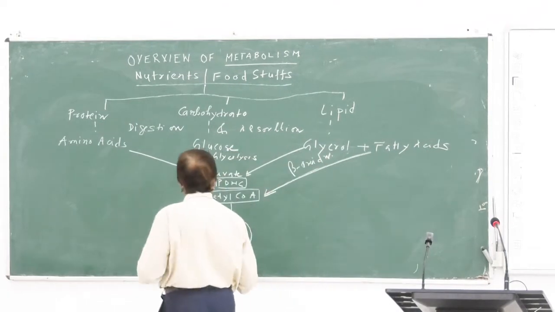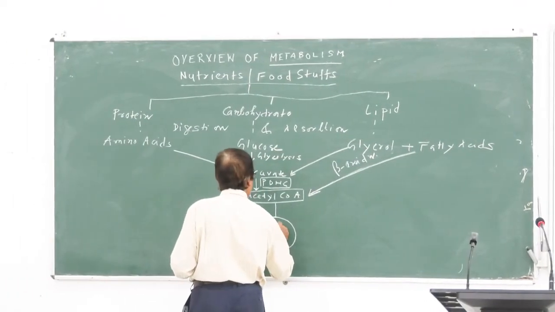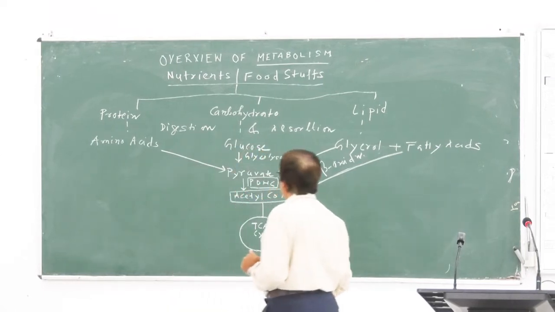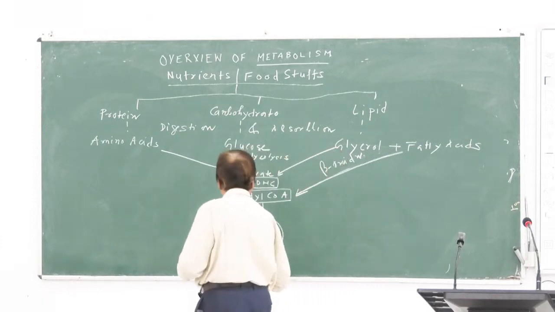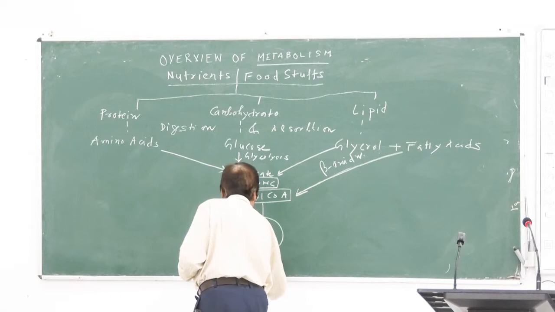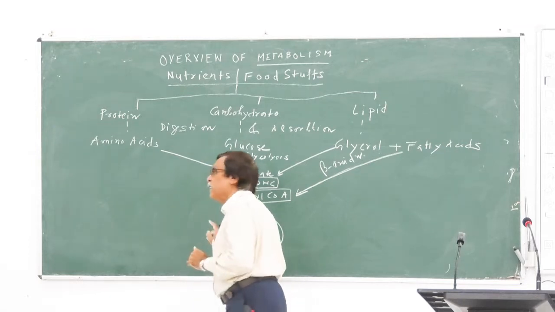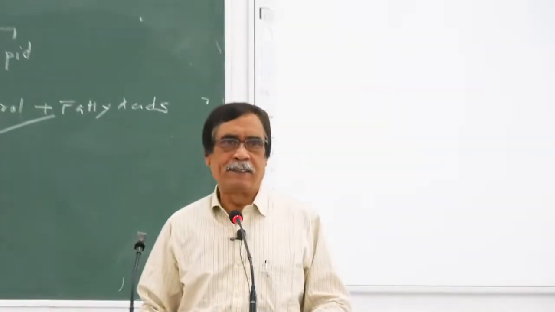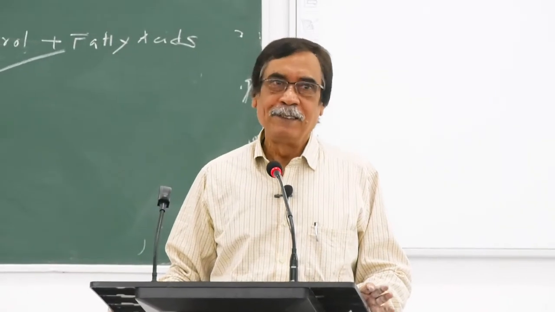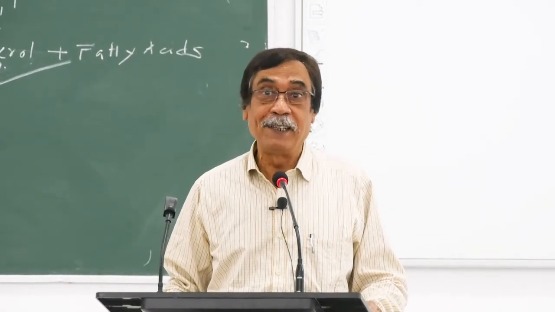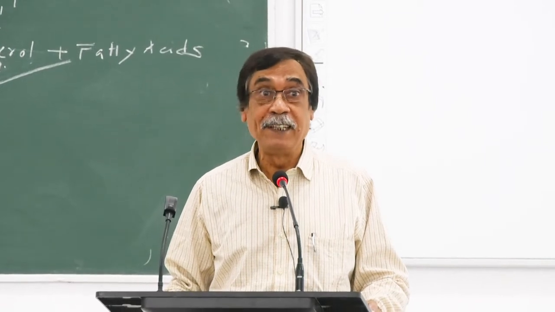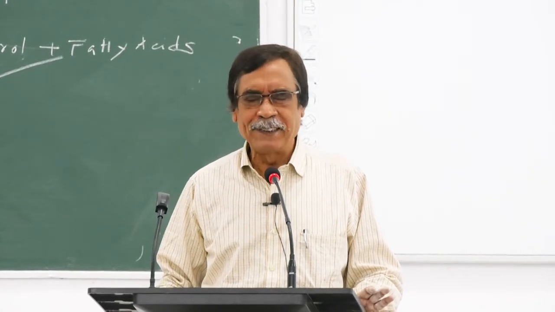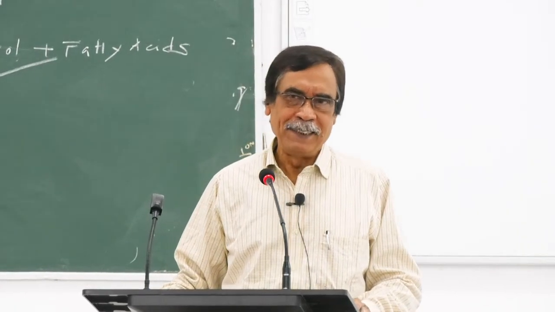Acetyl CoA enters into the TCA cycle in the mitochondria. Then acetyl CoA gets oxidized to carbon dioxide. So there must be some oxidizing agent which will get reduced. Which one is the oxidizing agent of the Krebs cycle, which itself gets reduced at the expense of the oxidation of the acetyl CoA? One is the NAD,